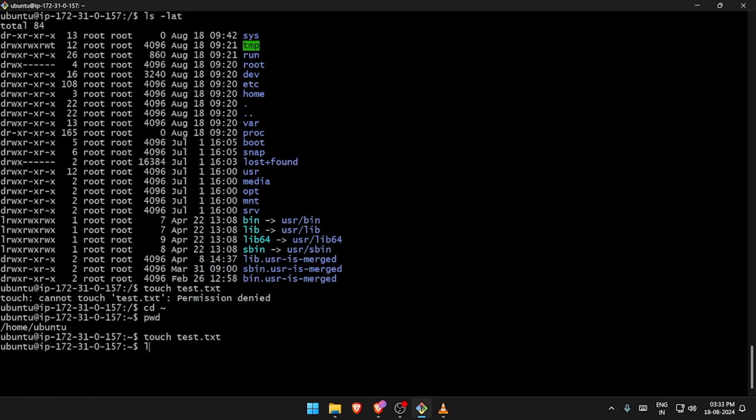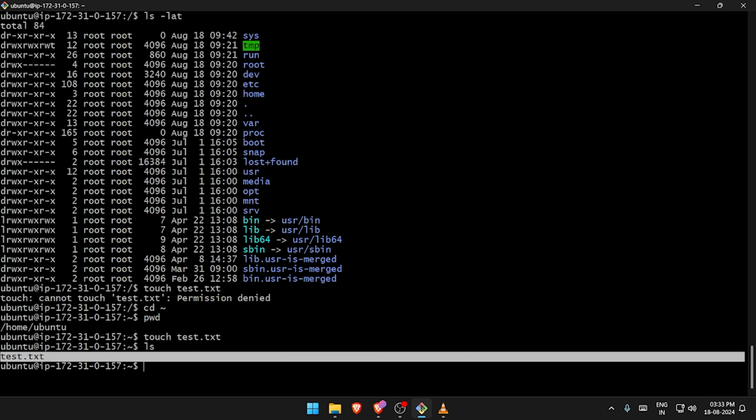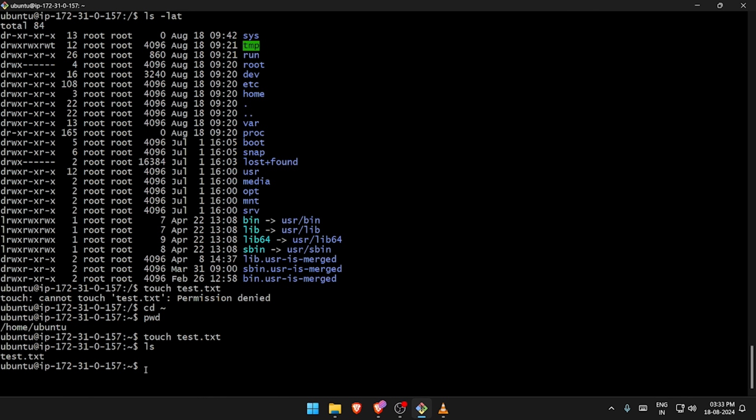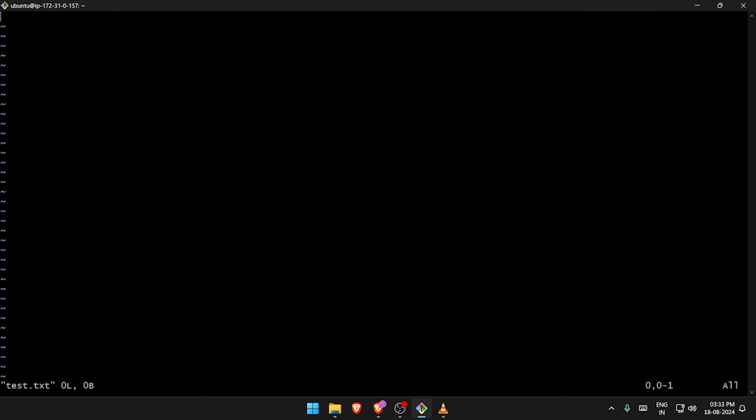Okay, and enter, and just see, over here you can see the file name as test.txt. Now if I want to add some content to this particular file, what I can do is I can just go with vi test.txt, enter. Now once I am inside it, I have to click on I. With this we are going into the insert mode. So in this case, let's say hello India. Okay, then escape